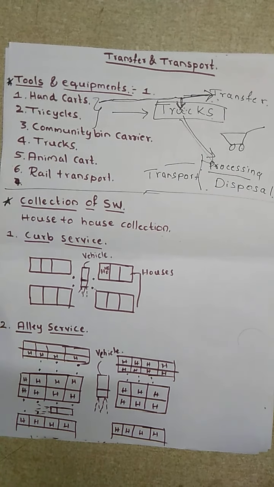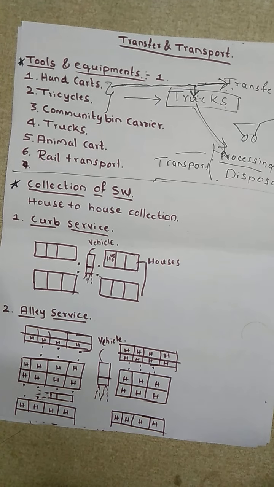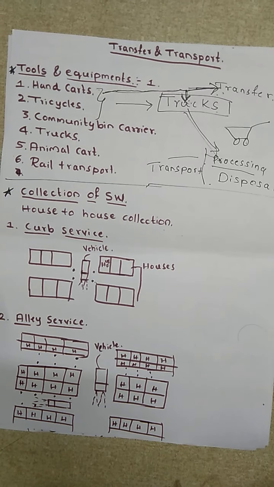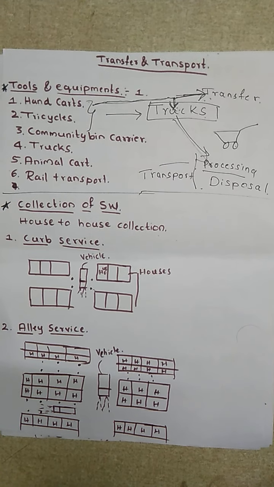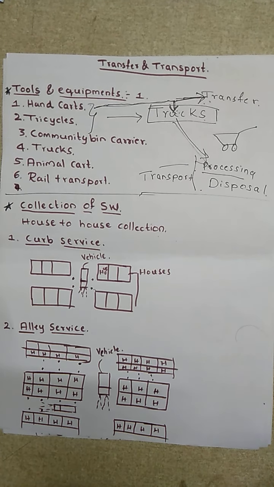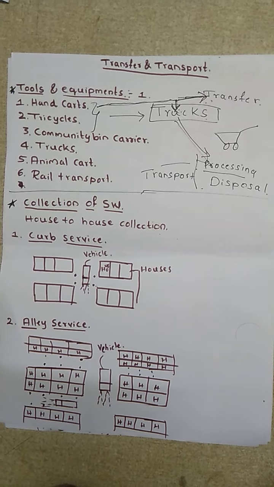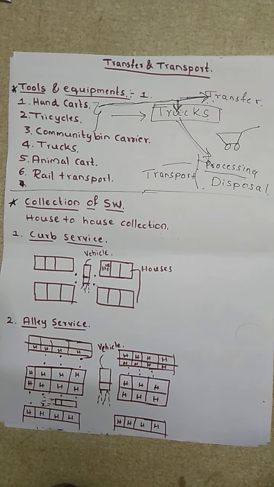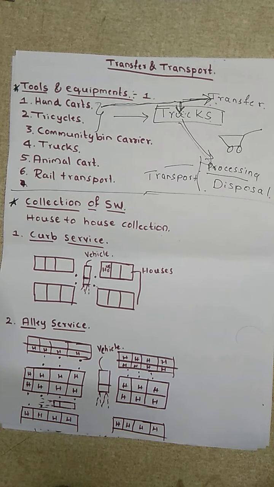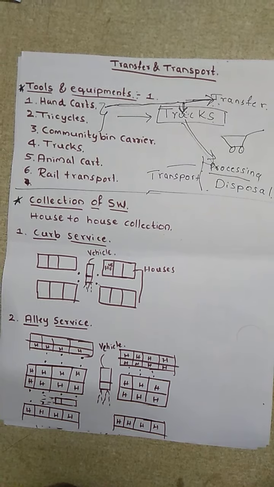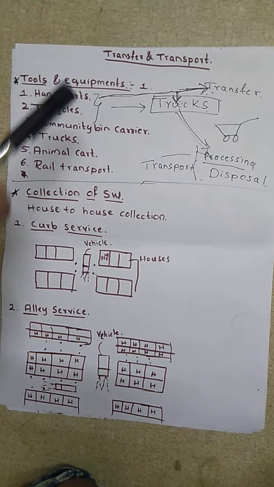Then trucks, now we will be seeing the truck part. Trucks of 5 to 7 tons are commonly used in many cities. The vehicles should be provided with hydraulic loading gear, so that loading and unloading are easy. These are the trucks we use during the transport process, when whatever waste we collect with a smaller vehicle is sent, in order to dispose of it or process it, from a smaller to a larger vehicle to the disposal site. So this is what trucks are.